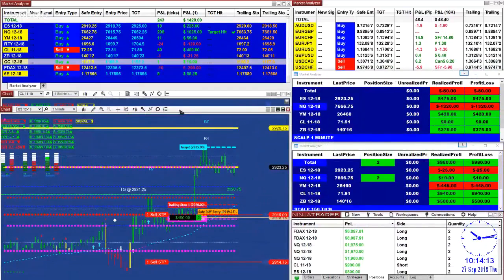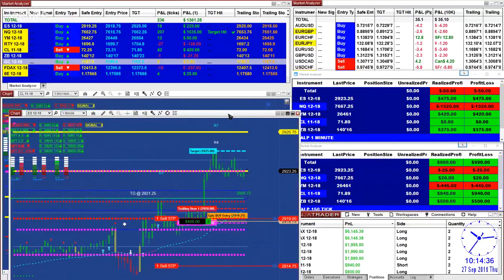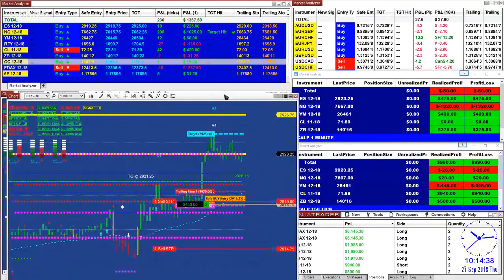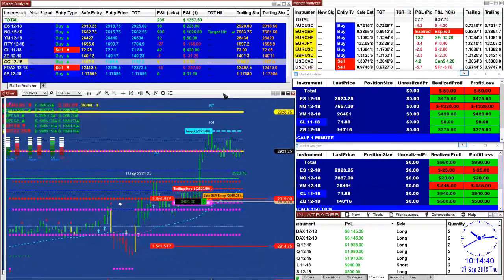Right now we are 238 ticks based on the last entry signal, and the scalpers are struggling. The 1 minute scalping is really struggling. Also, the forex is struggling. So there's a little bit of a sideways market right now, and you should not be taking a long trade